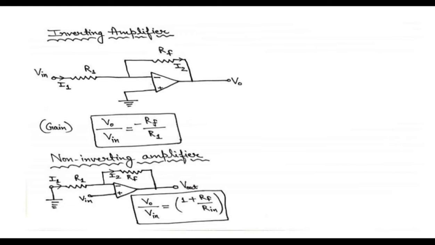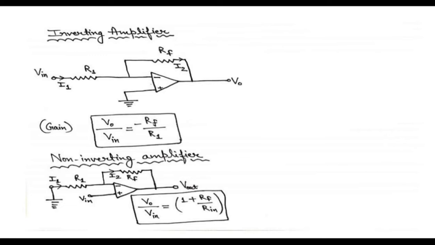There are different types of amplifiers we consider. As you can see, here I have mentioned the inverting amplifier as well as the non-inverting amplifier. There are great chances that you can expect questions based on the inverting amplifier and the non-inverting amplifier in your upcoming CSIR NET Physics exam as well as in the GATE Physics exam. So it should be clear how we can identify whether a given circuit belongs to the inverting amplifier or the non-inverting amplifier.